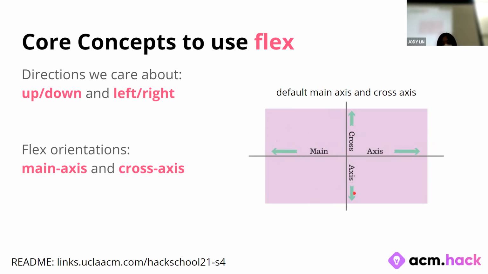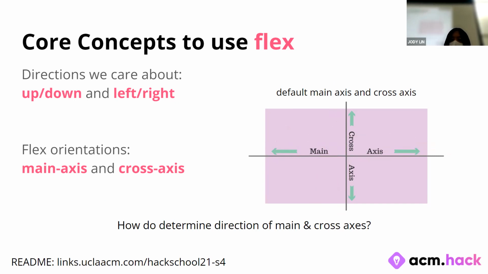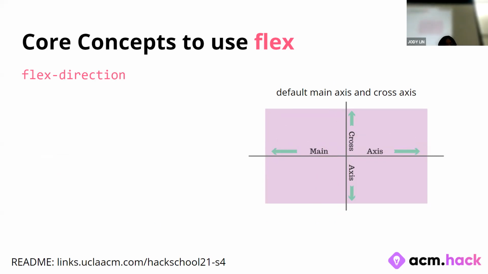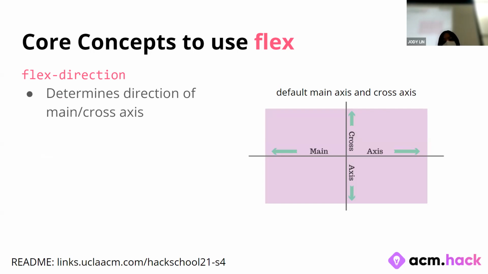And you might be thinking, well, if that's the default, how do we determine that direction? How do we determine that main is horizontal and cross is vertical? That's going to be another CSS property we add to our parent, and that is called flex direction. This basically tells us which direction those axes run in. It takes on two main properties, there's a few more, but these are the main ones. Row or column. If it's row, that means our main axis runs in a row. If it's column, our main axis will run vertically in the column,